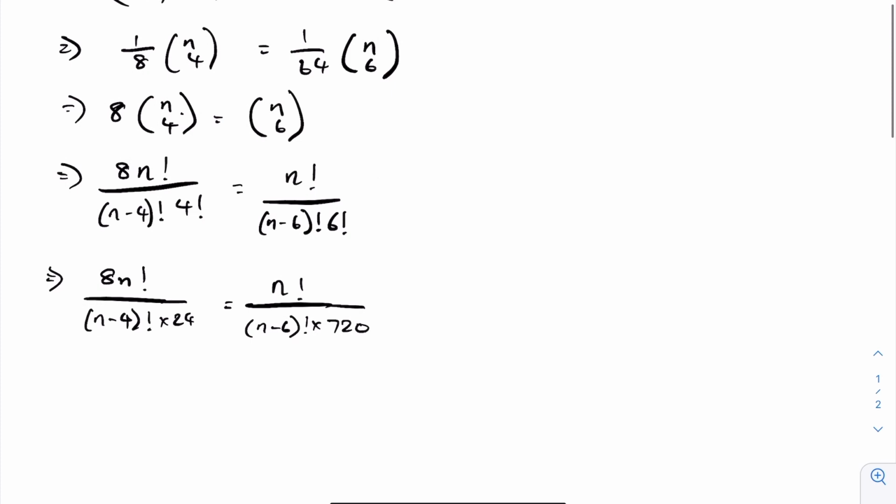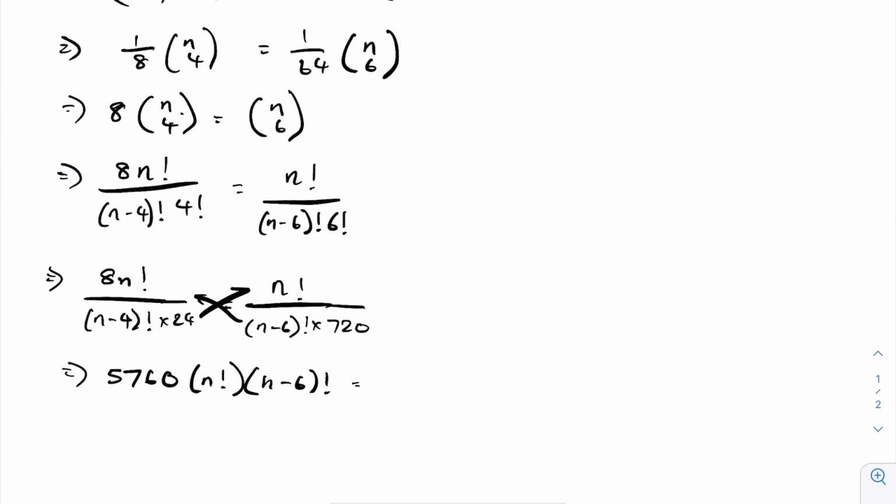Okay, now let's use some cross multiplication so we can get rid of the fractions entirely. That gives us, so 720 times 8 is 5760. 5760 times n factorial times n minus 6 factorial on one side, which is equal to,